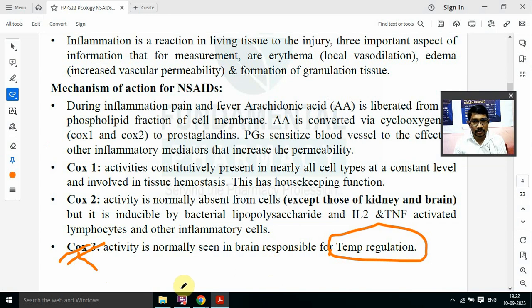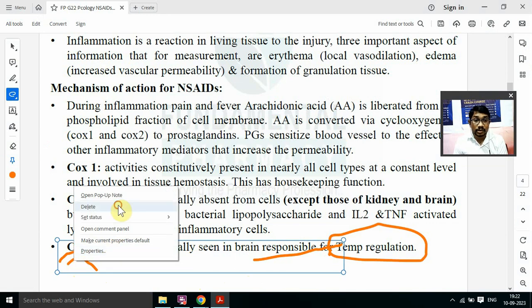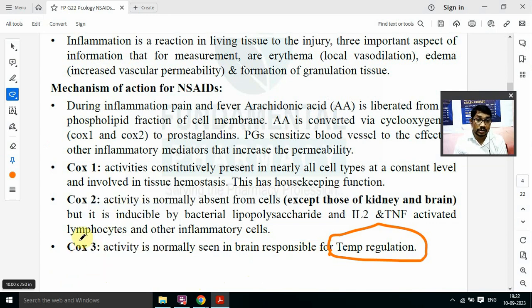Pyrogens के लिए receptor होता है. They increase the activity of COX-3 in the brain and are responsible for the increase in body temperature. Now, selective COX-3 inhibitor. ठीक है, इसके ऊपर 3 बार क्वेश्चन आ चुका है. Which drug is a selective COX-3 inhibitor? Paracetamol is a selective COX-3 inhibitor. Paracetamol जो होता है आपका simple drug, it is a selective COX-3 inhibitor.